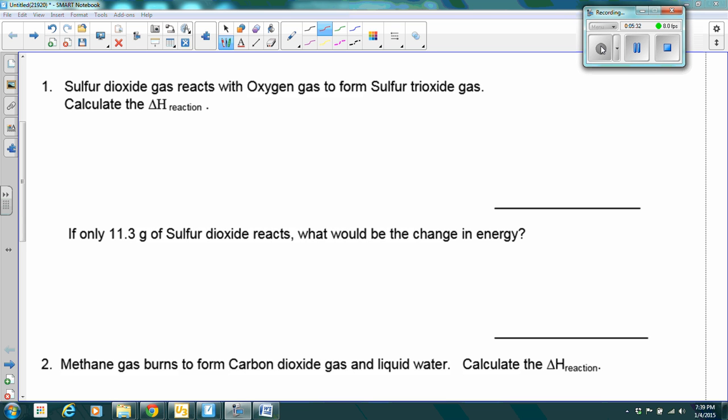I'm going to finish. So I have sulfur dioxide reacts with oxygen gas. So if I go ahead and write this balanced equation,